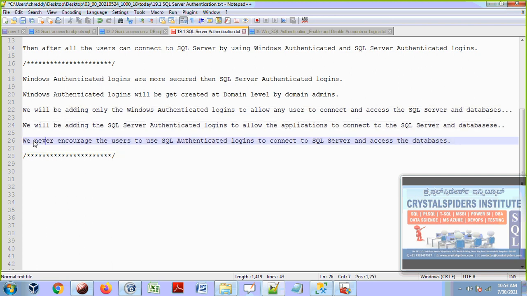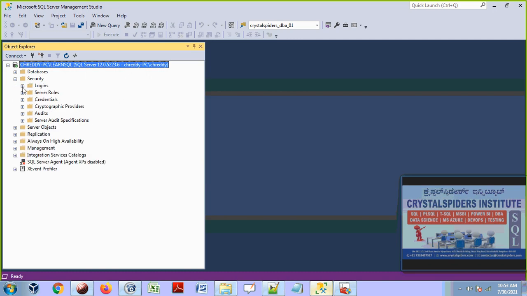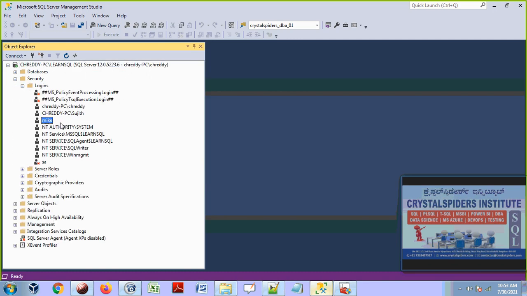We never encourage users to use SQL authenticated logins to connect to SQL Server and access the databases. That means we never give these usernames like 'mic' and passwords to anyone. This username and password is only for applications. Suppose our institute applications are connecting to a PostgreSQL database or any SQL Server database.